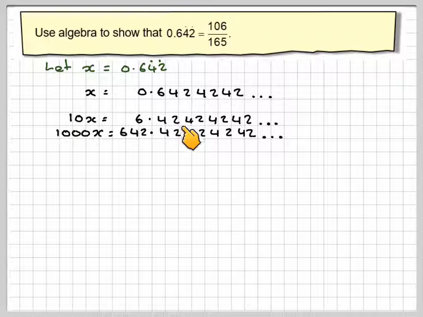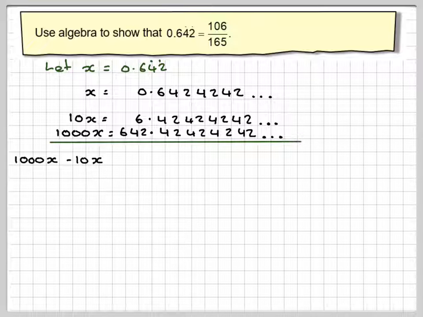The 4s and the 2s are lined up, because if I now do 1,000x minus 10x, I get 642 minus 6. But here I get 4 minus 4, 2 minus 2, 4 minus 4, 2 minus 2, 4 minus 4. Everything cancels out. So 1,000x minus 10x is 990x. And 642 minus 6 gives me